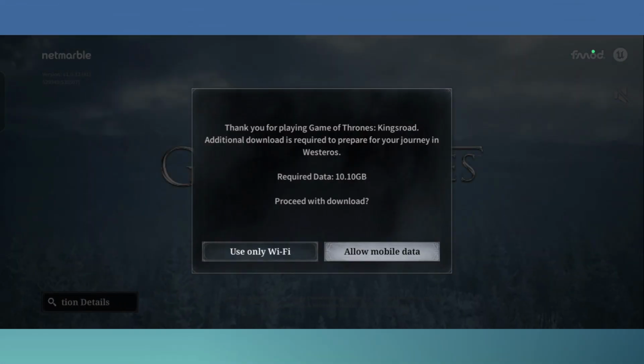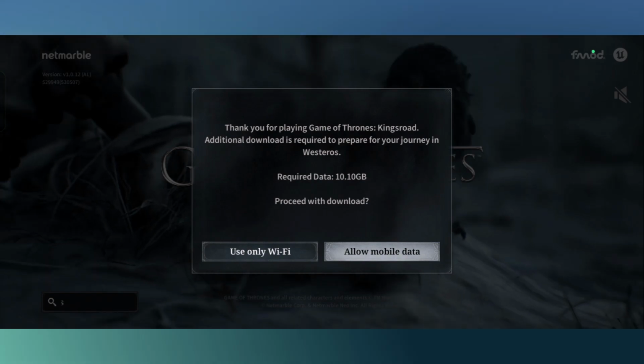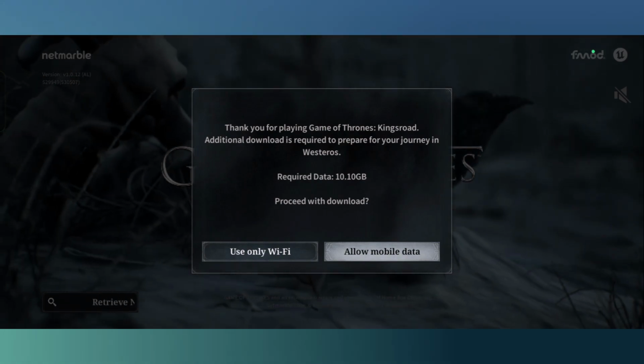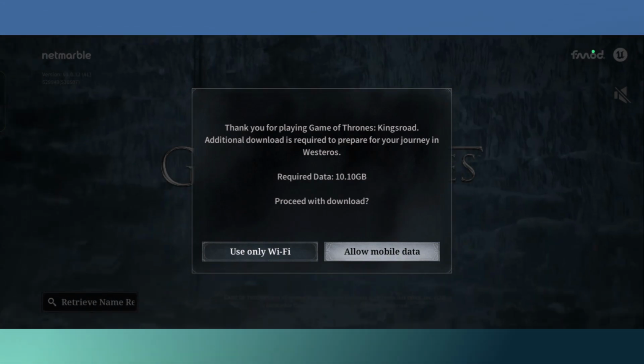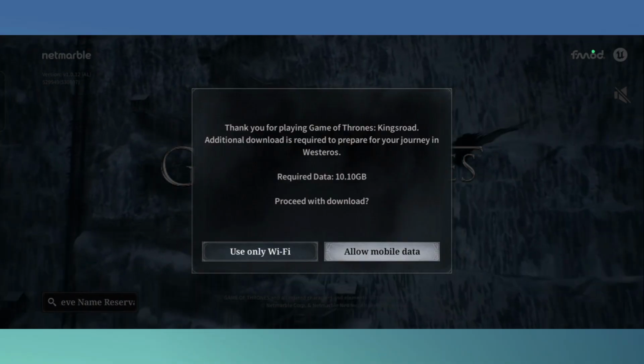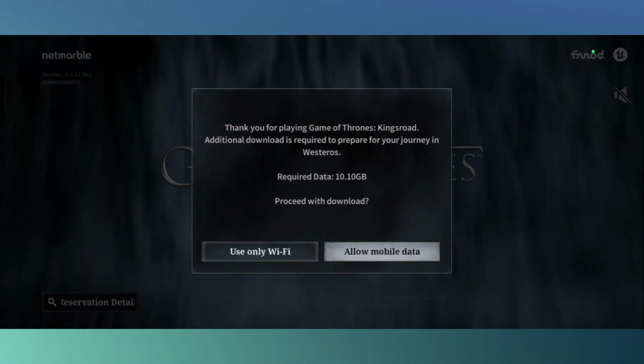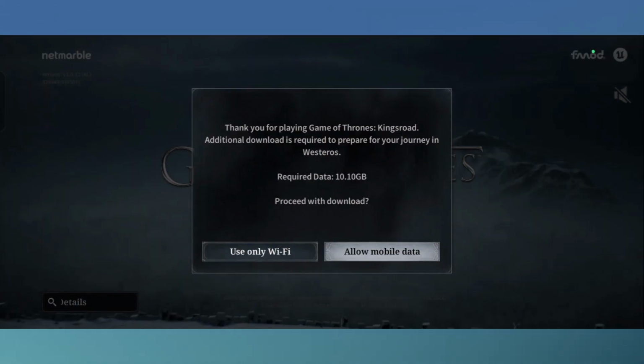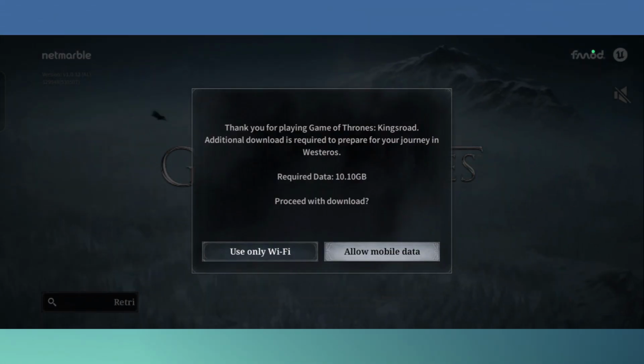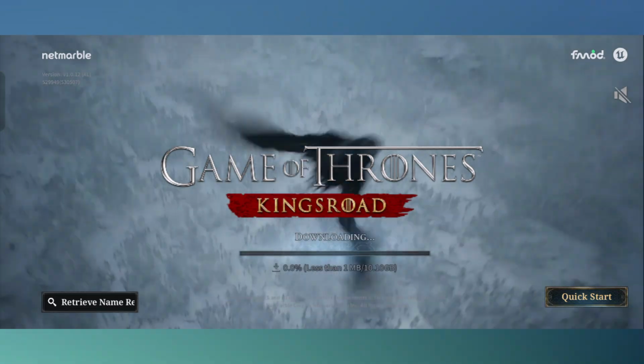And when the compiling shaders completes, it will again ask you to download required data, that is 10.10 GB. Proceed with download. So again you can tap on use only Wi-Fi to download via Wi-Fi, and if you want to download via mobile data, then you can use mobile data. So I will use only Wi-Fi,